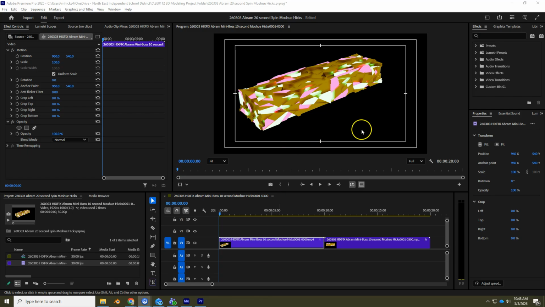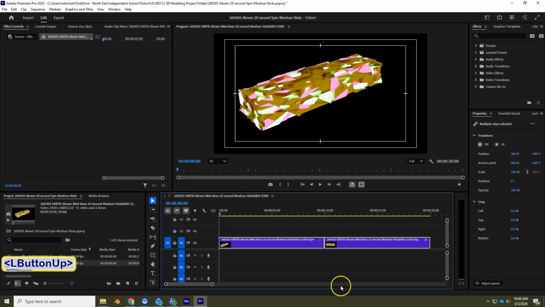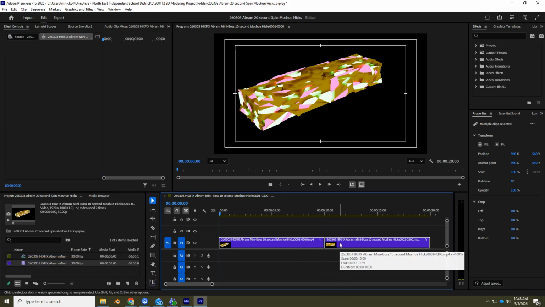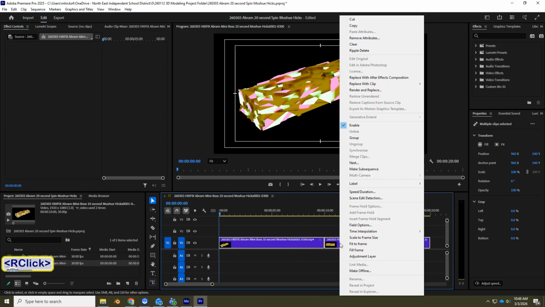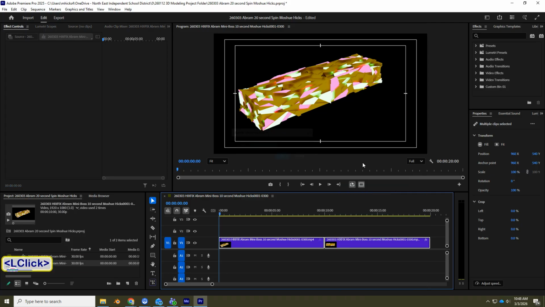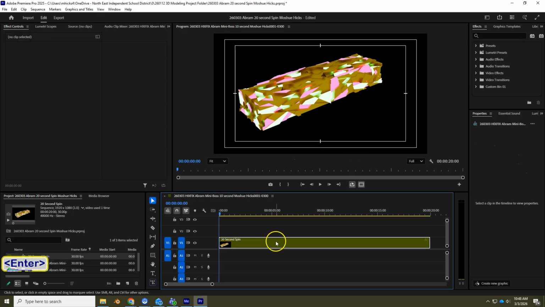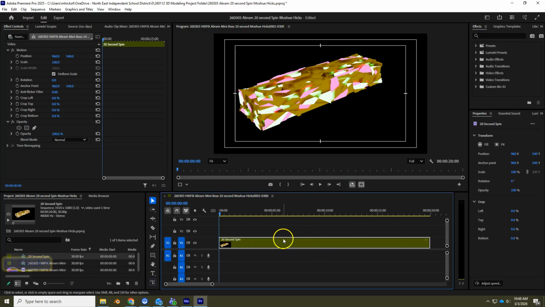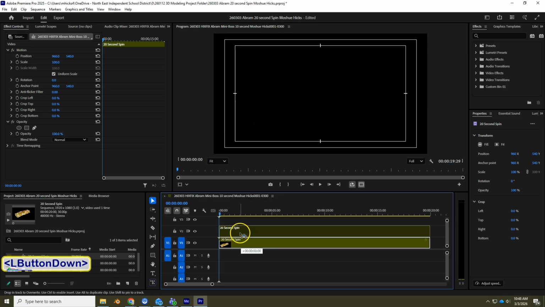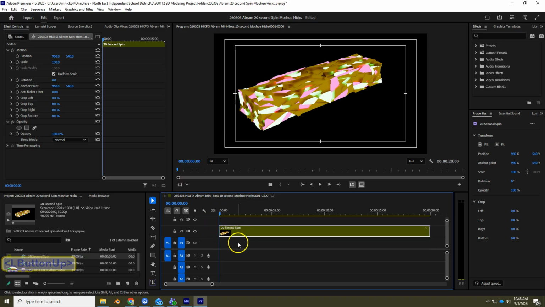So replacing this black with some sort of a background is easier if we go ahead and combine these two into one sequence. So I'm going to right click and use the nest and just call this my 20-second spin. So now it's just a single object that I can apply effects to. If I want something else to go behind it, I'm going to need to move that up to video track